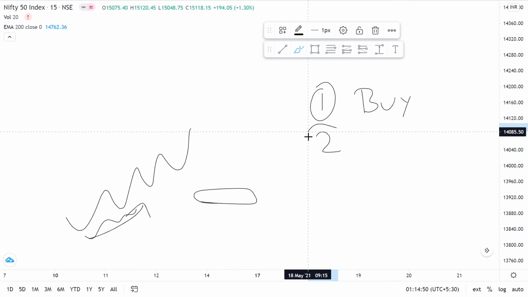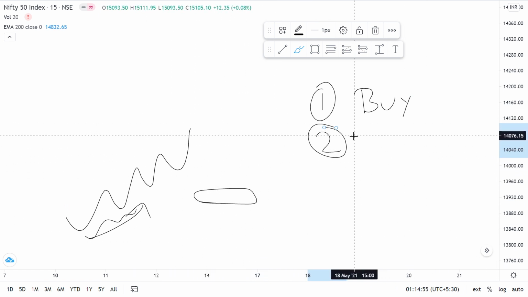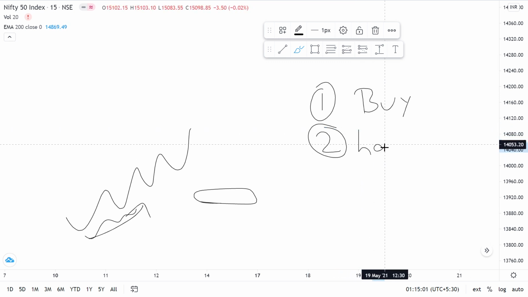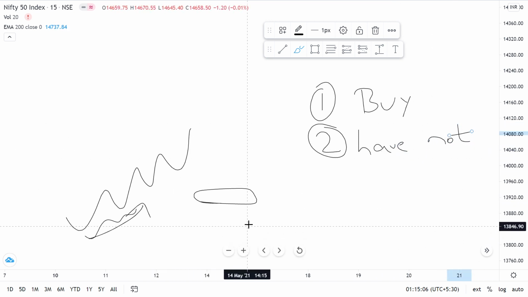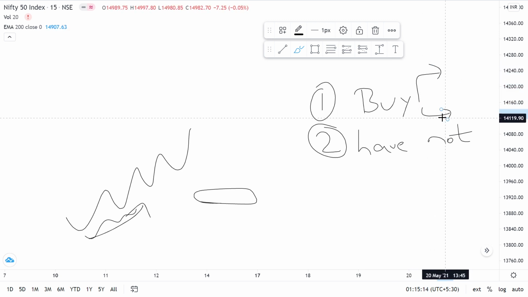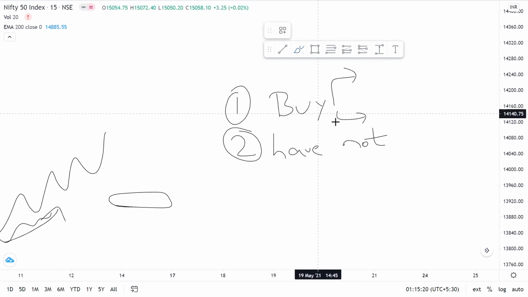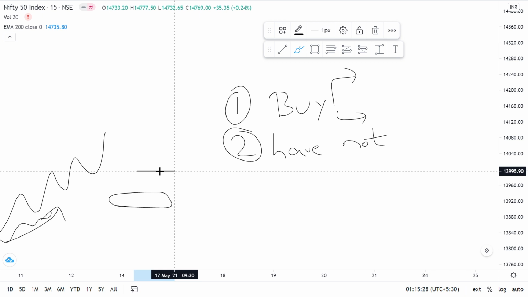Now the second wave of people are the guys who haven't entered the market yet. So these are the two types of people: those who have already bought into the market, and the second type who haven't entered yet and are waiting to enter, right? So there are two types in these buyers only, and totally there are three types if you see in total. So who are these two types of buyers? The first type of buyers are those who bought positions in these areas as the market was trending upwards. Now the market has opened gap down for them.